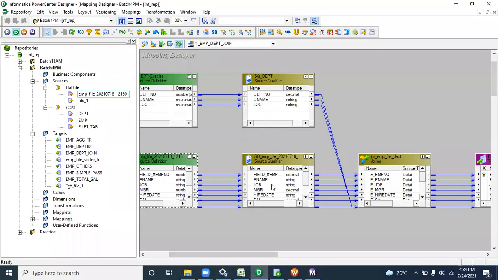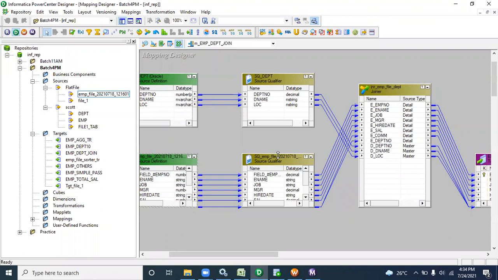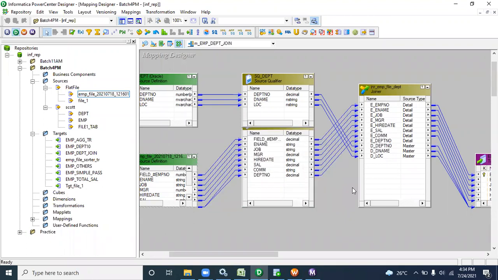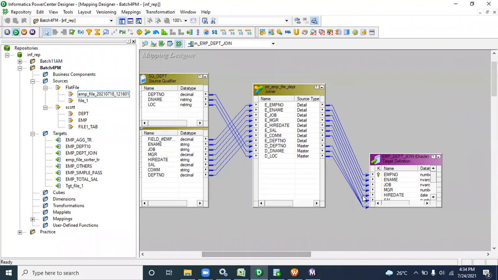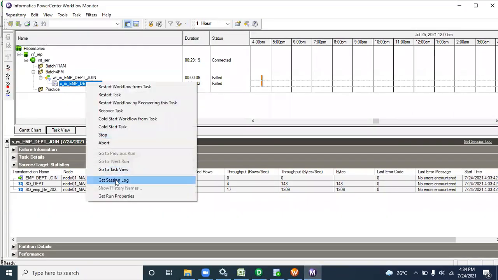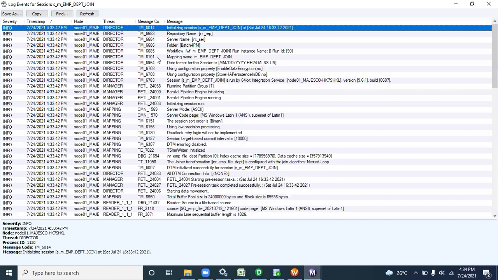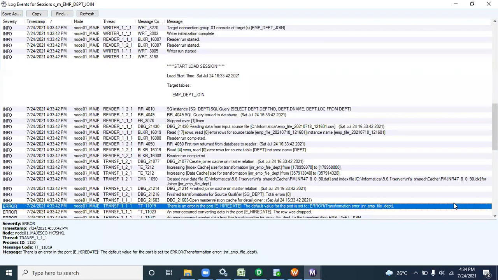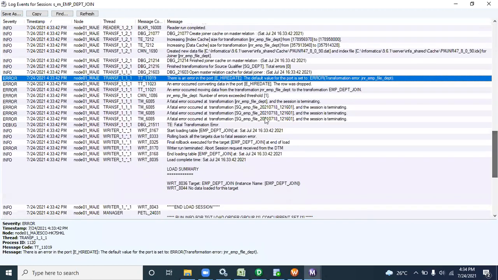Okay, understand. I think the date column is coming from the file as a string, and I am putting it into a date column. Let me go and check again: get session log and E. See here, it is giving the error in the E hire date.